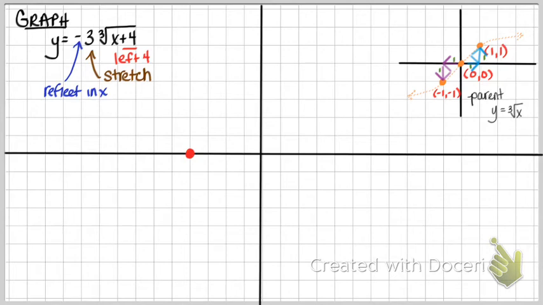Taking these one at a time, we're going to map to the point 1, 1 on the parent curve, which in reality we're going to trace the blue arrows. So we go to the right one still, only now instead of going up one space, we take into account the reflection and the stretch. If it were one space times 3, now I'm going to go 3 spaces, and because of the reflection, we're going to move down. We'll locate our new point at that spot,